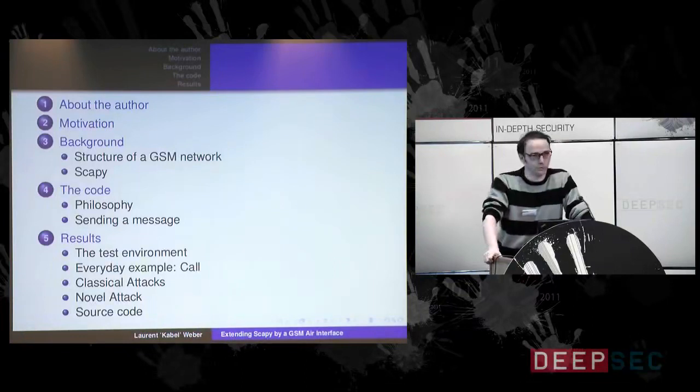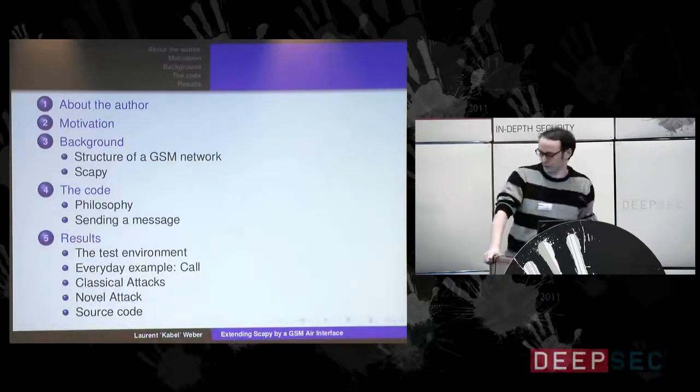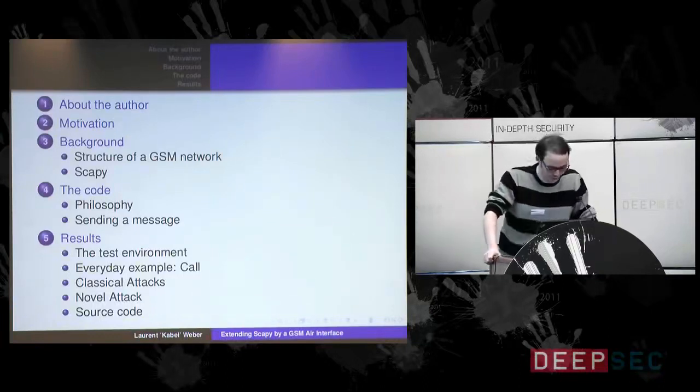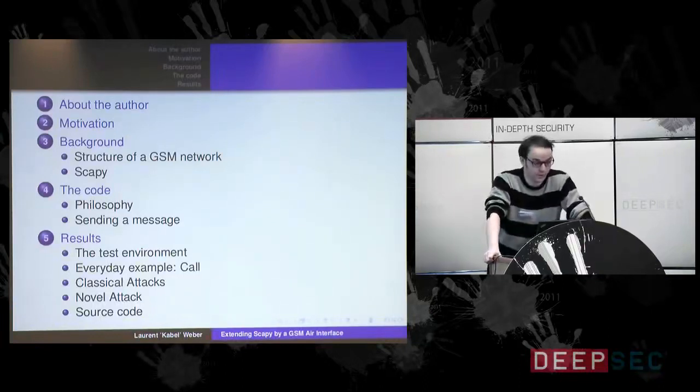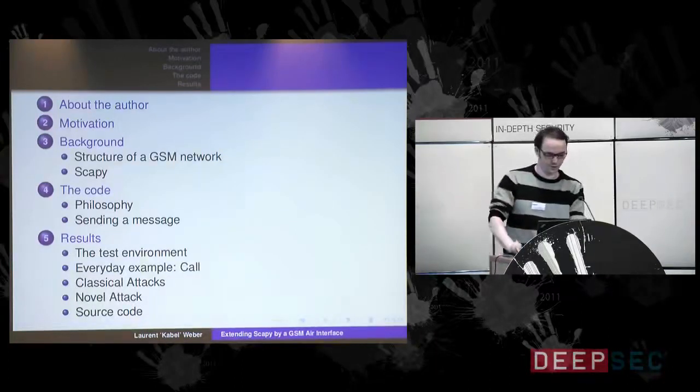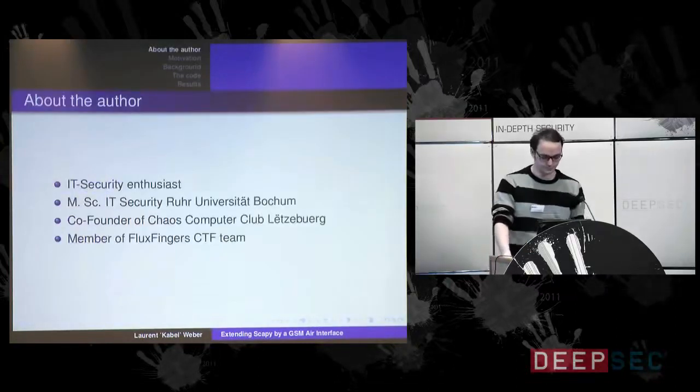But I have to say, this is still work in progress, and it's very phone dependent. So I will explain that later on. The last part will be about the source code, and I'm not going to say anything about it now, so you will stay till the end, I hope. I think it's worth it.